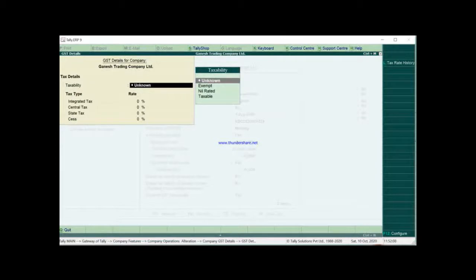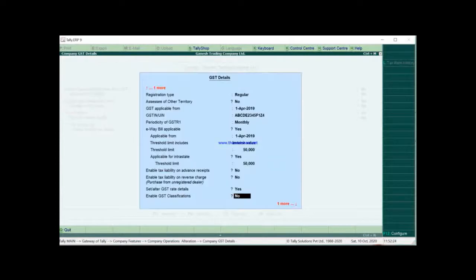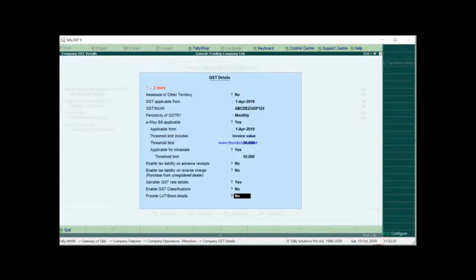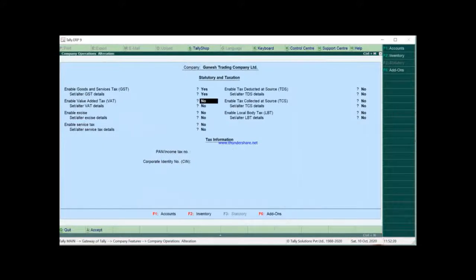Now here taxability is taxable, so press enter. Now the integrated tax is 28%. So here I will enter 28%. Automatically central tax and state tax will come as 14% and 14%. Then press Y to accept it.